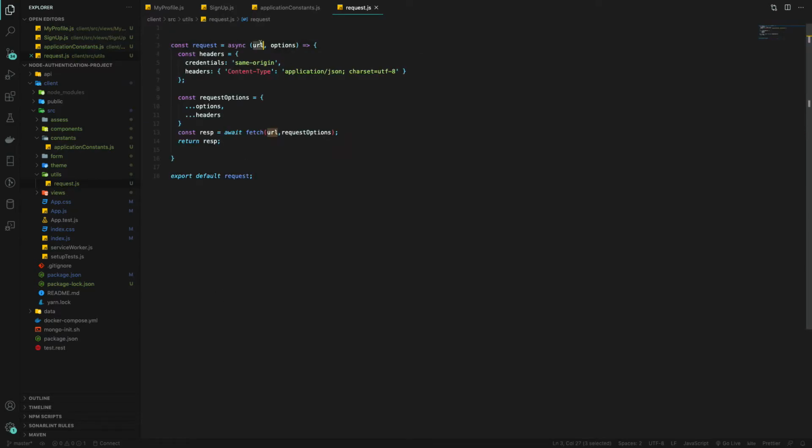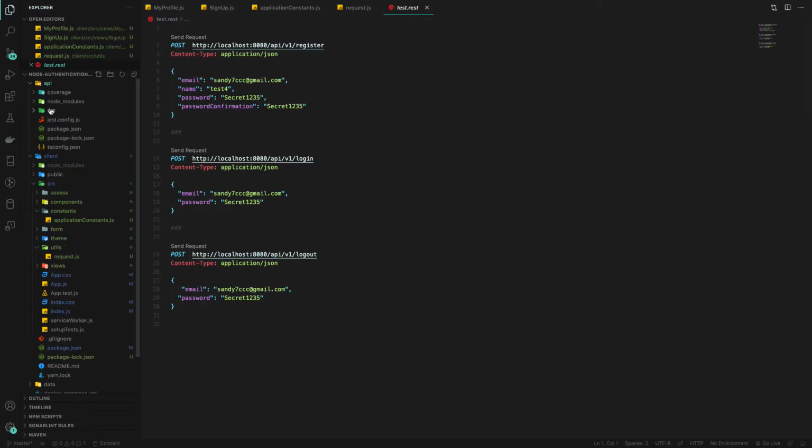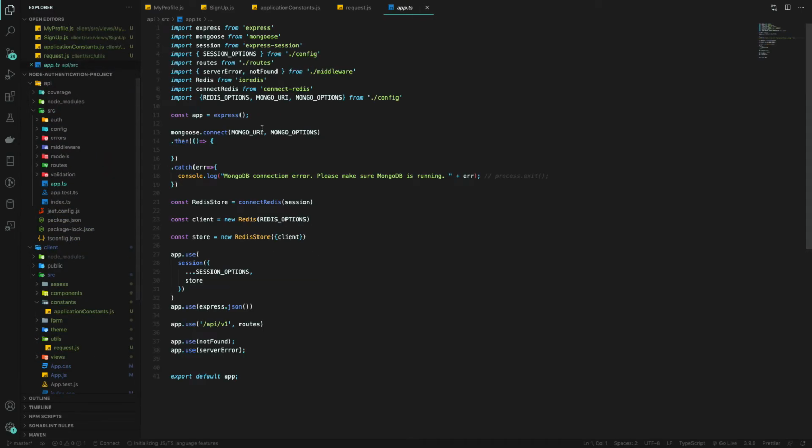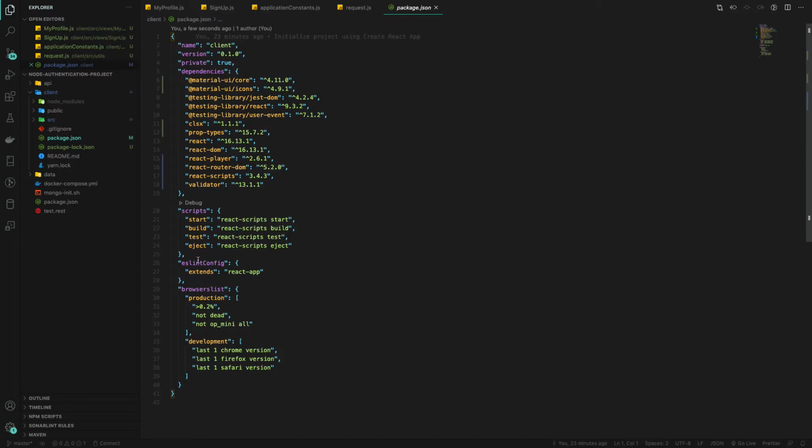Here we are going to make a request, since I use the credential same-origin. The reason is that this will give us the session. And if you look at my API, I didn't enable CORS, so I also need to do something extra, since in the client, when the application here makes a request,